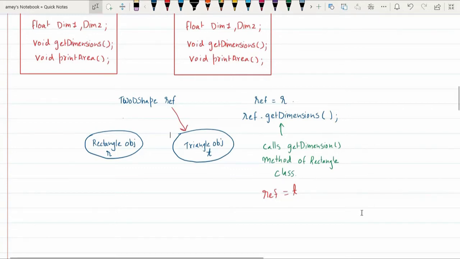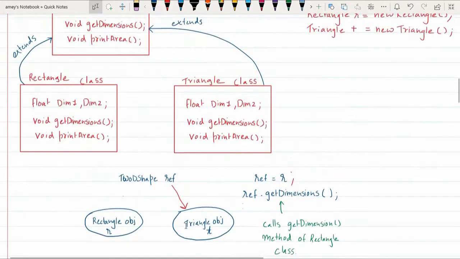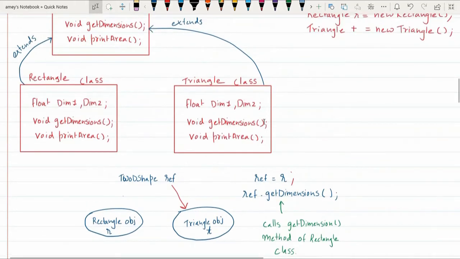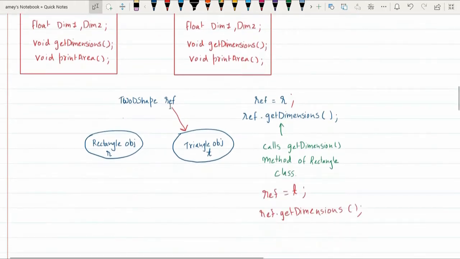If I say ref equal to t, and then ref dot get dimensions, the decision to call which method depends on the object to which ref is pointing. Since ref is now pointing to the object of type triangle, the get dimension method of the triangle class will be called. So this ref variable works like a toggle switch.